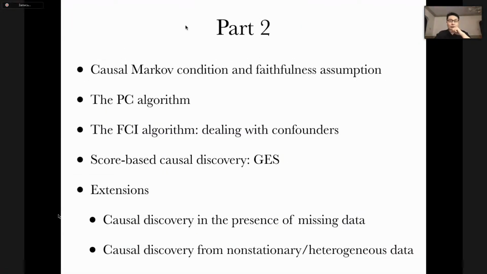And this is what I talk about in part 2, the second session, including the PC algorithm, FCI, the basic idea of the FCI algorithm, and I'm going to talk about the GES method, which is the typical score-based causal search method. And then we'll have a very quick look at some extensions of the constraint-based method for causal discovery to deal with the practical issues